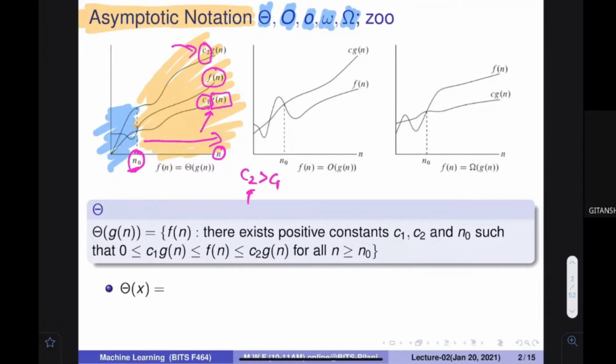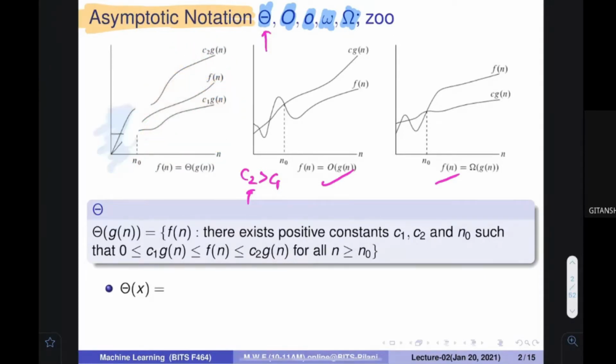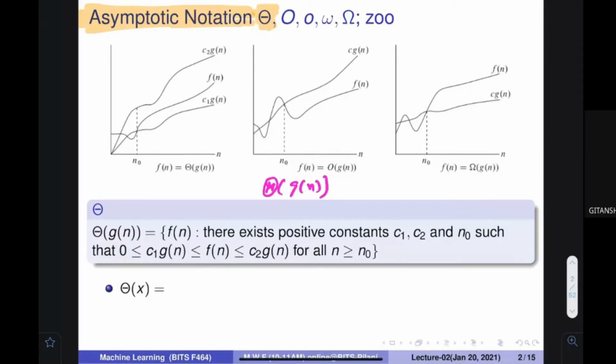Essentially, if we go into much detail, all these things would be clear to you very soon. Actually, the definition is this. Let me just talk about a specific thing, and that is theta. Let us just focus on one thing, that is theta. What is theta? Theta is a set. The definition is here: theta of Gn is a set. What is that set? All such functions, all such Fn's, are there